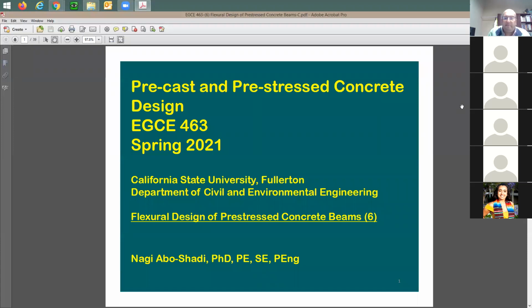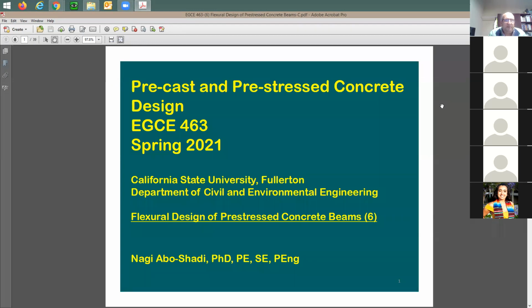Now I'd like to see what it means by design of the pre-stressed beam, which is going to be our topic for today. What does it mean by design? Design, usually you're going to have demand and you're going to have capacity. You have demand, which means applied load at the ultimate level. This is the way we do it in trends design